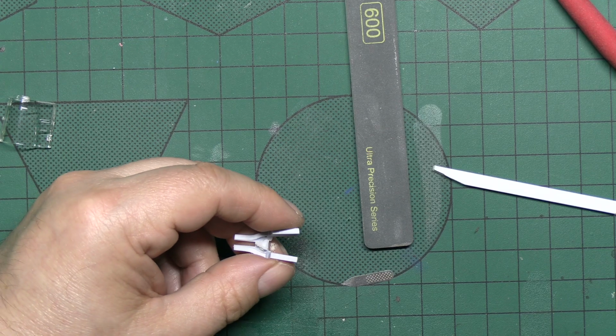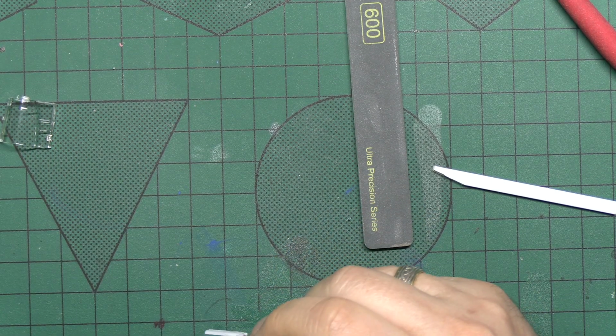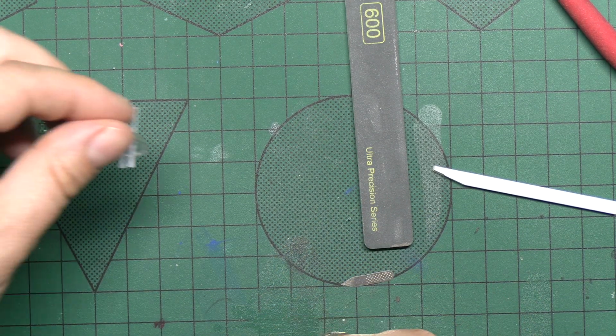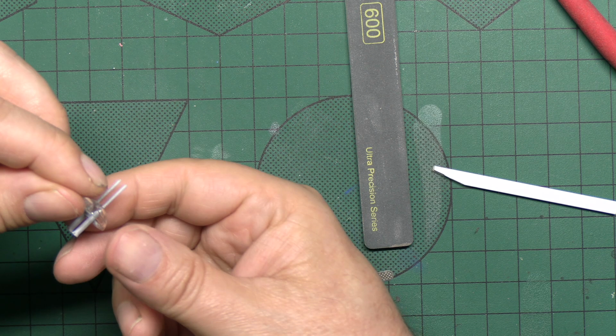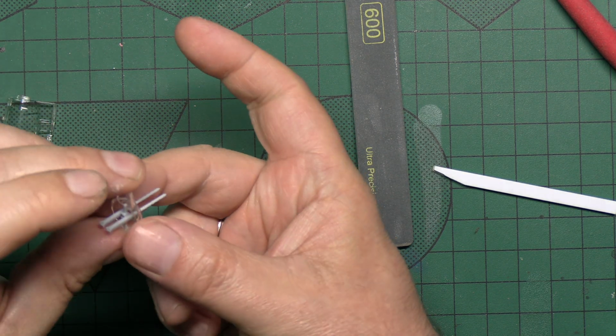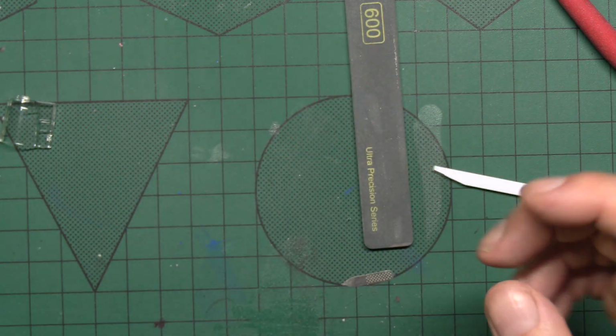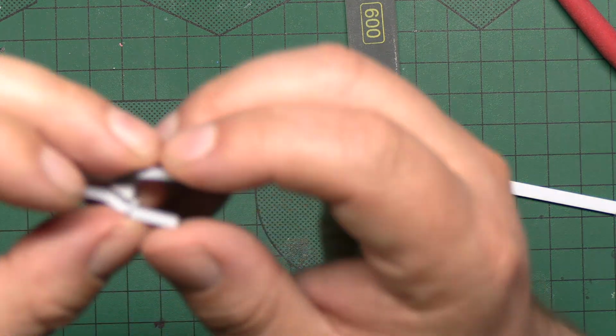Thanks. So I'm working on the tail section, which is 3 glazed parts. I've cleaned up the parts for the very end where the guns come out, and they're all dry fitted and they fit lovely. And I'm just in the process of cleaning up the parts, and on this one